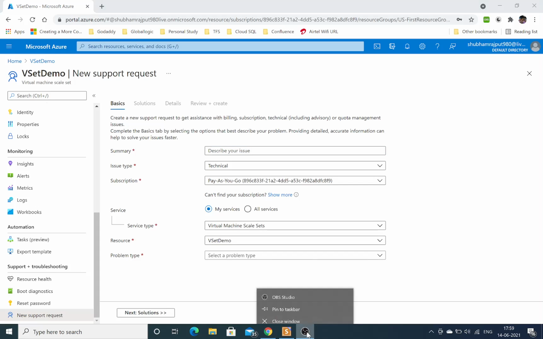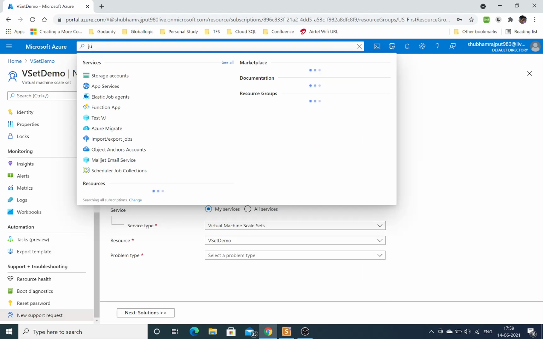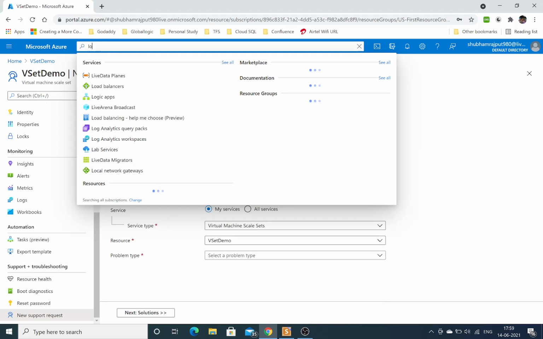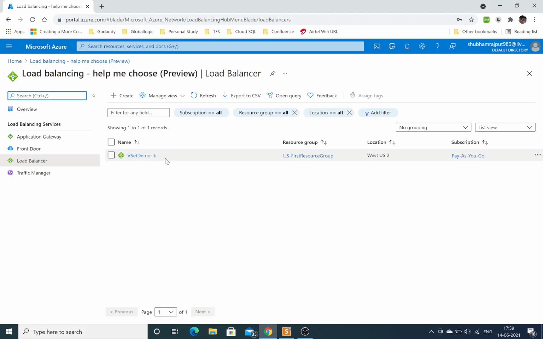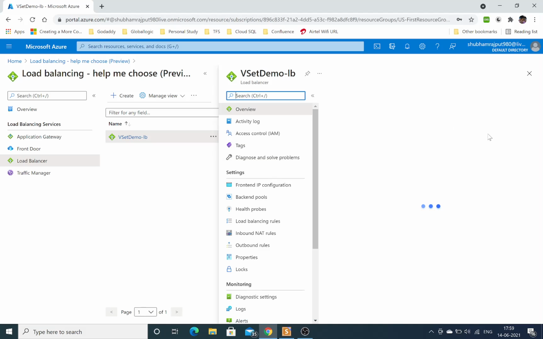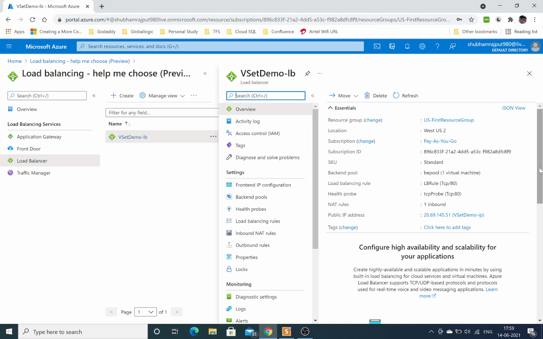I think you liked it. One more thing, you can check the load balancer which we have created over here. This is the load balancer. Right now it is pointing to the same machine, because only a single instance is created. This is the public IP of the load balancer. So that's all.